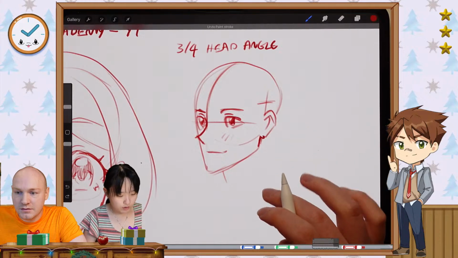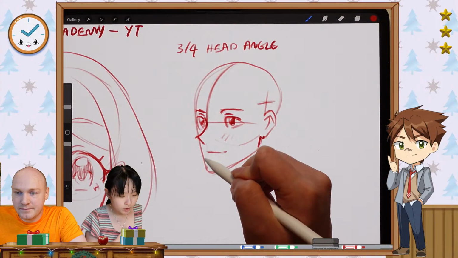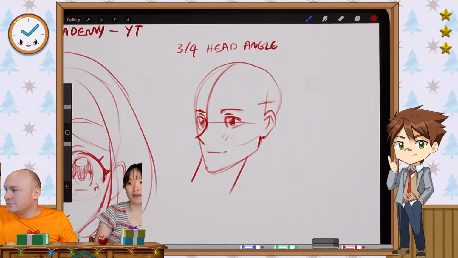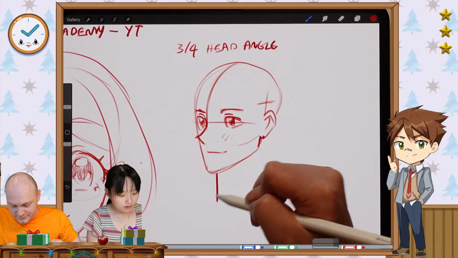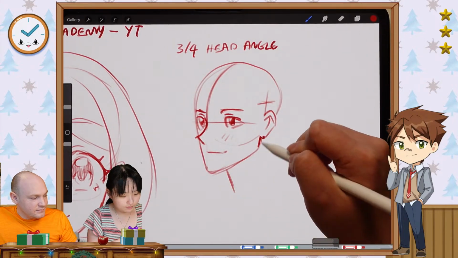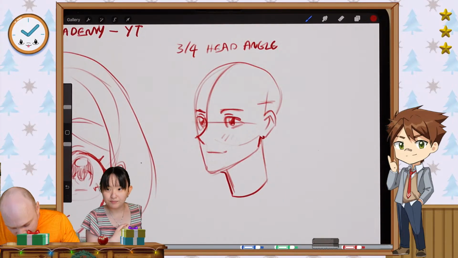If you want to add the neck, understand that in this angle, you won't see the neck going this way. Actually, you could if their neck was stretching out like this, but usually it's not the case. You kind of want it to be standing straight. And the neck isn't straight down either. So it's usually at an angle like that. Cylinder for the neck.